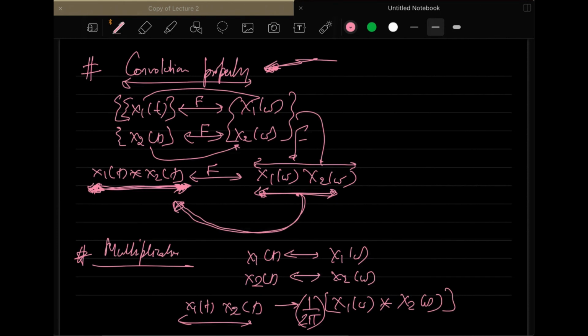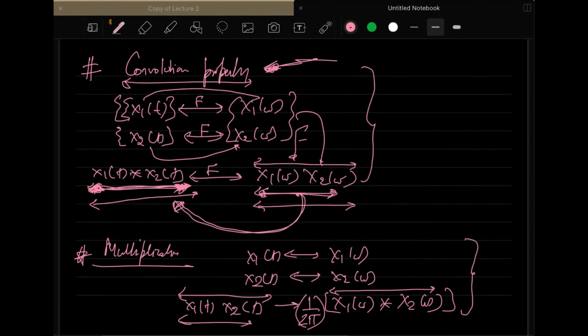So this is very important. If you multiply in the time domain, you get the corresponding convolution operation in the frequency domain. And the other way around, if you convolve in the time domain, the corresponding frequency coefficients are multiplied in the frequency domain. The proof of this is very simple. You just have to substitute the integrations and flip the signs and orders. If you still have any problem in deriving this, let me know and I will do it in the next class. But these are the two properties which we have in the case of the continuous time Fourier transform.